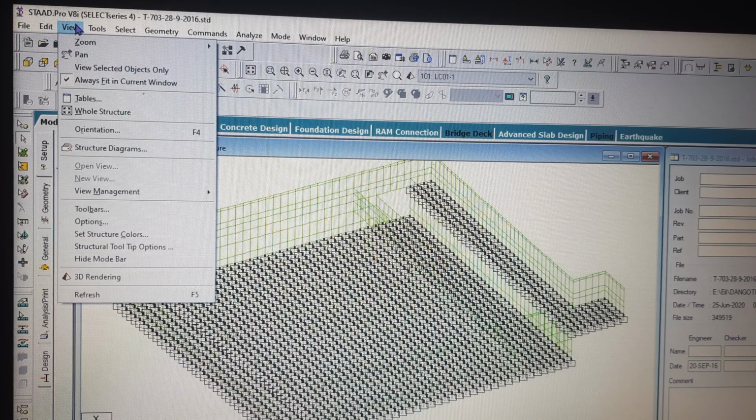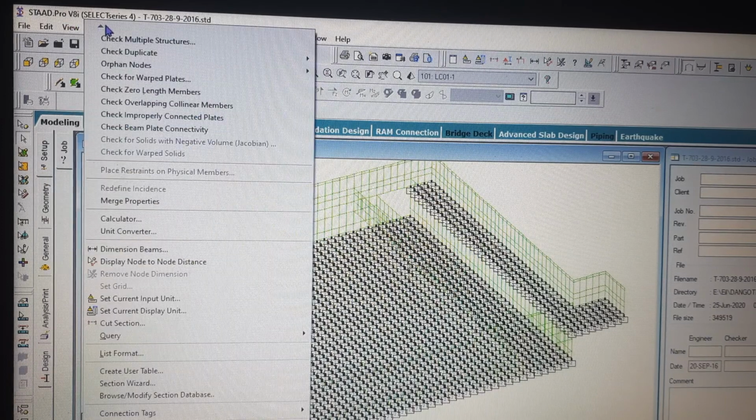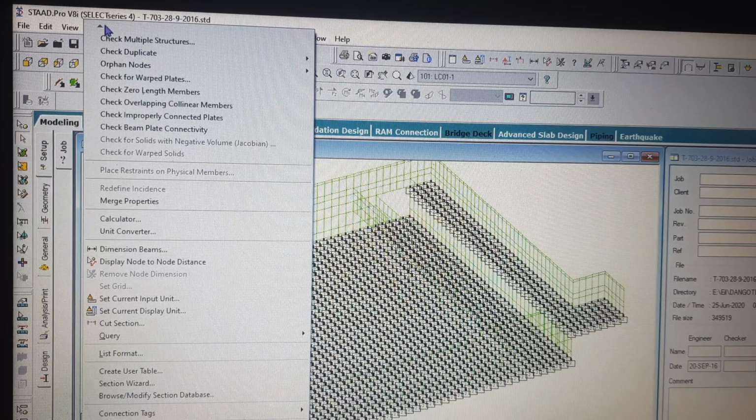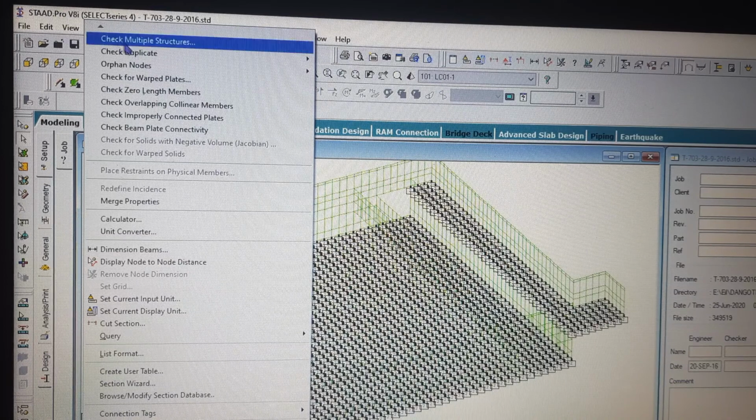Previously we told you about the view button. Now there is another button, that is the tool button. The tool button normally helps you detect any anomaly in your structures. The initial buttons are all related to that. First is check duplicate structure.